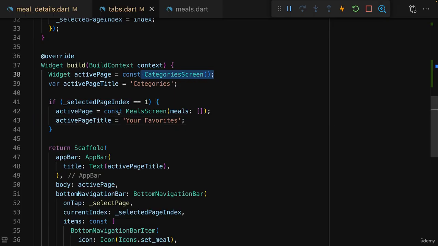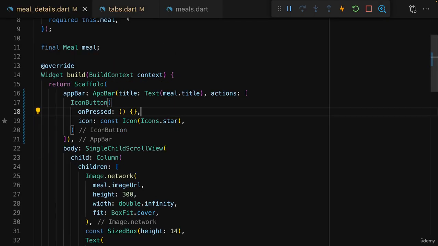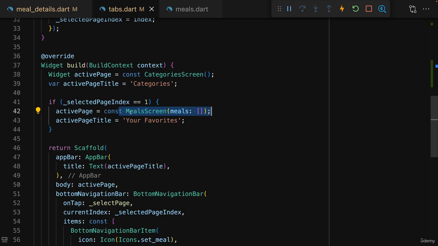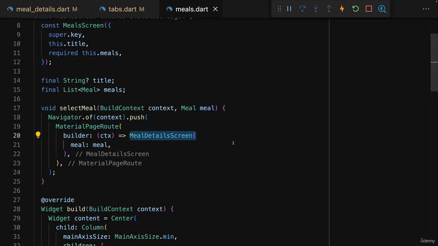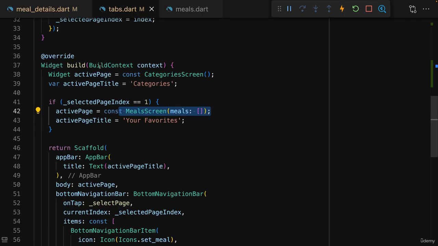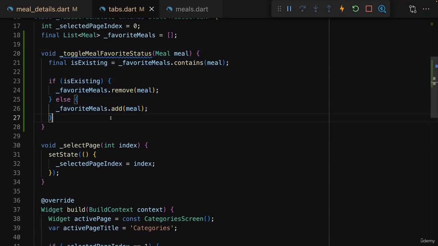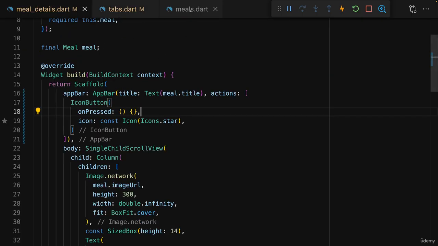But both these screens ultimately reach the meal details screen. I mean, inside of the meals screen, we simply push the meal details screen. So here we could pass a pointer to this toggle meal favorite status function to the meal details screen. But in order to be able to pass a pointer to this function to the meal details screen from inside